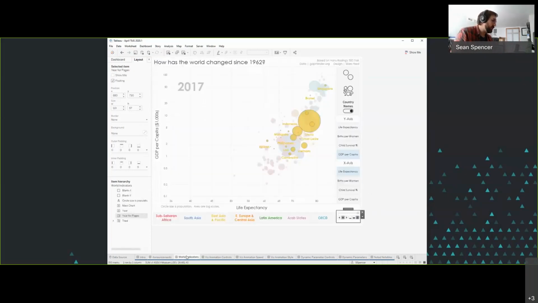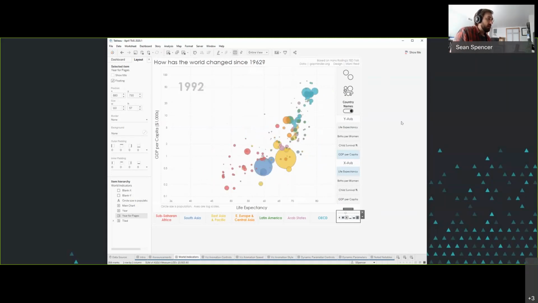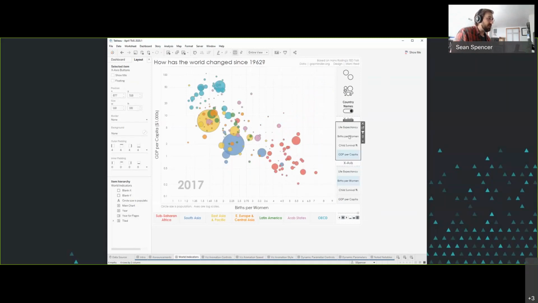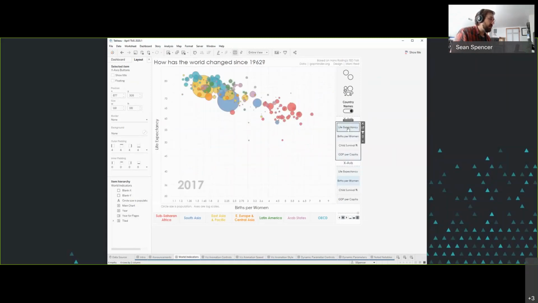The first thing that I wanted to show was this dashboard that was built by a guy named Mark Reed. This is used on Tableau's product page for the release of 2020.1. I thought this dashboard did a fantastic job at displaying the use case of the visual animations. This is the ever popular Hans Rosling's TED Talk about the world and how it's changed since 1962. His play button just cycles through all of the different pages. So, the page cycler moving, and as we click through the different filters, we can see these animations lining items up, rearranging them.